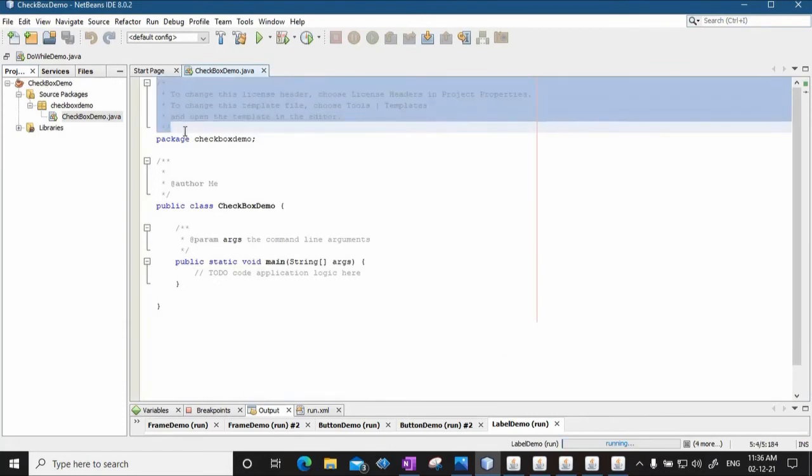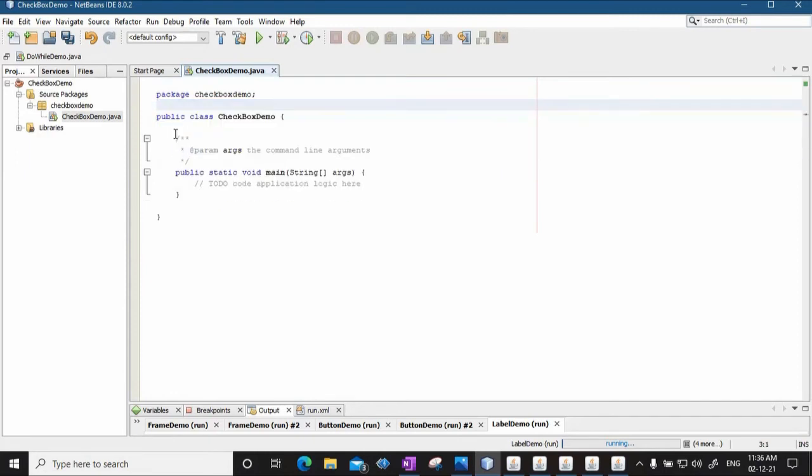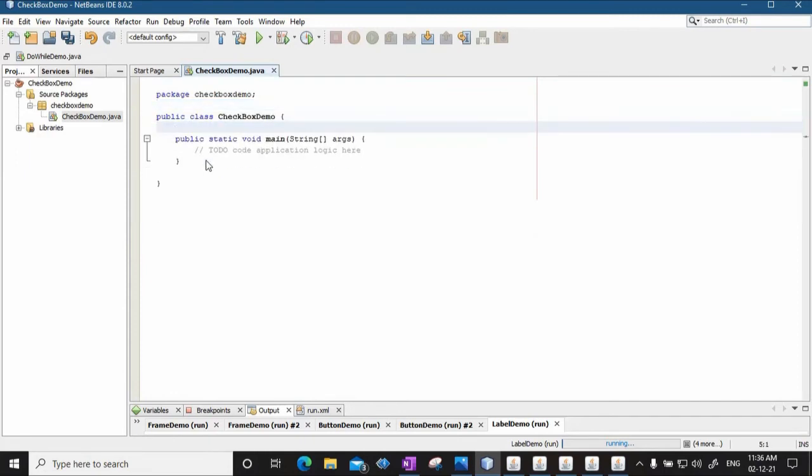Fine. Now what are the classes that we are going to import in this checkbox demo program? Okay, first of all, the checkboxes will be present inside the frames. So one, you will have to import the frame class. Second, since for checkbox, besides the checkbox you are going to show a label, we will have to import the label class. Checkbox class itself we will have to import. Then see, since there are labels, we can change the font of the label. So there is a class called as font class that we will also have to import.